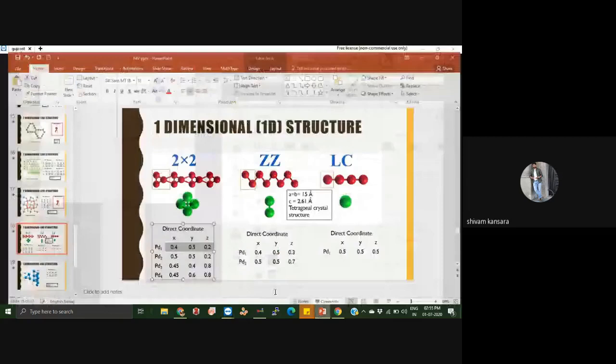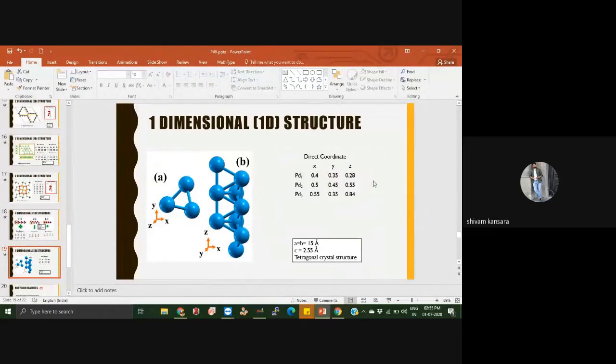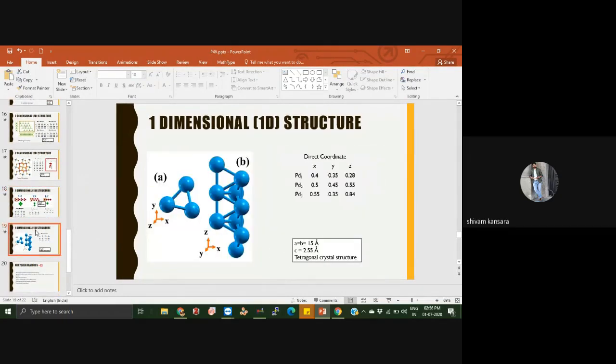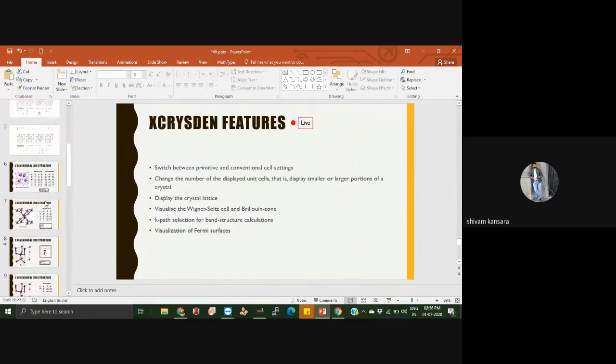This is P4 VASP, and this is the X-Crystal structure. This is another one-dimensional crystal structure, like a zigzag, like a 2 cross 2, but different. In the one-dimensional system, we have lots of examples of one-dimensional crystal structures. But distinguishing which one is the actual core-shell nanowire and the various nanowires is quite difficult. So first of all, you have to learn how to make a structure. In future, if you have any query on how to make a structure, you can mail us or ask us. This is up to P4 structure, about the structure.